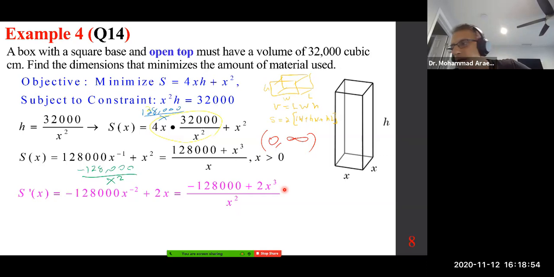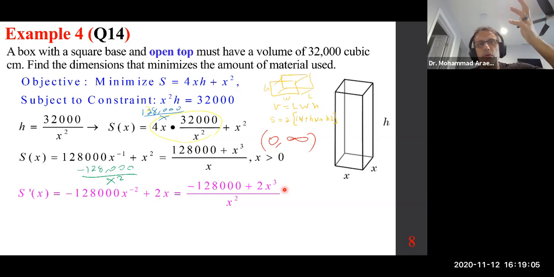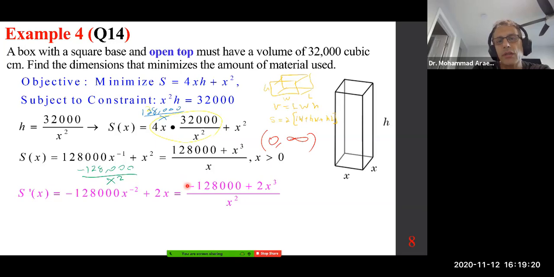Why are we writing it in this format? We are looking for what? Critical points. How do we find them? If you have a fractional expression, the top is 0, S prime is 0. The bottom is 0, it doesn't exist. So when you set the bottom equal to 0, it's not in the domain, so don't worry about it. When you set the top equal to 0, then you can see the answer